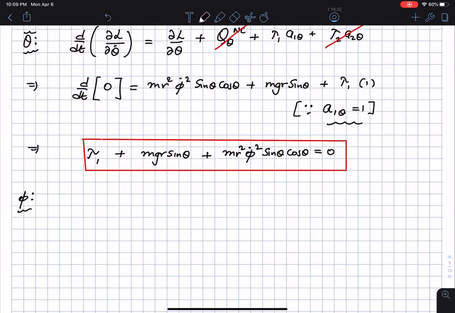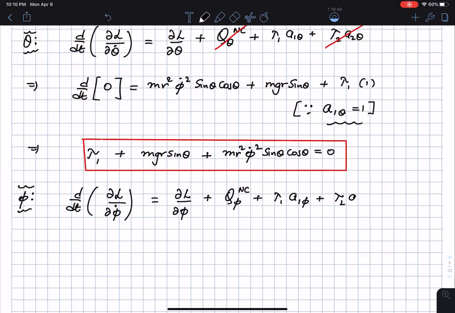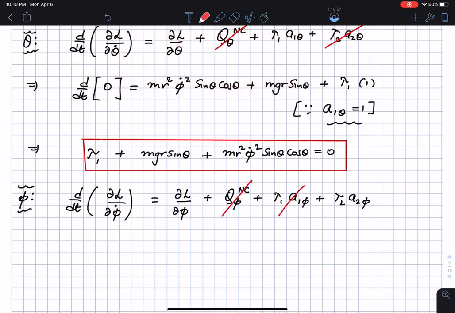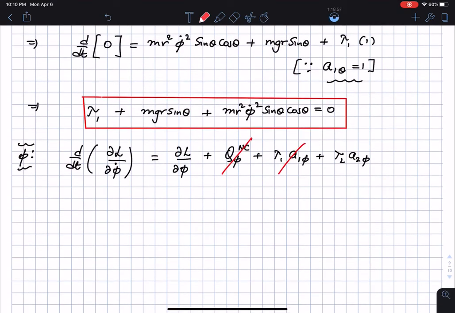Okay, the phi equation is d by dt of dL by d phi dot is equal to dL by d phi plus lambda 1 a1 phi plus lambda 2 a2 phi. Cancel off some of these terms, this is gone, and a1 phi is also gone, and then you will see that the Lagrangian is independent of phi. L is independent of phi, which means that this term is also gone, and so I have the following now: